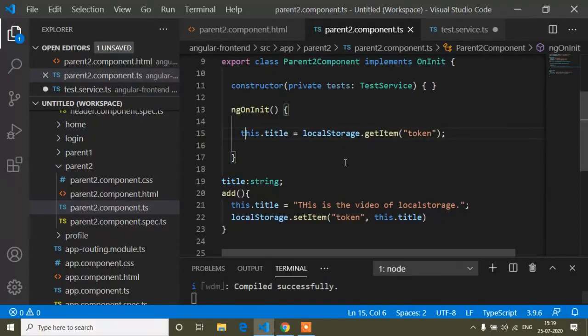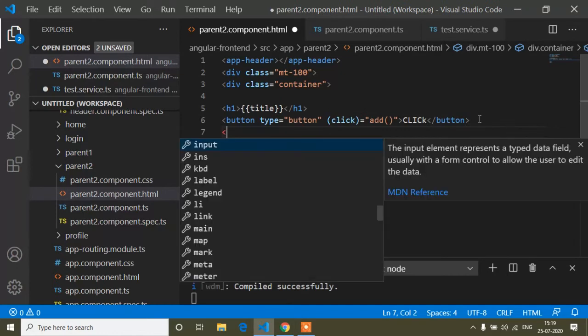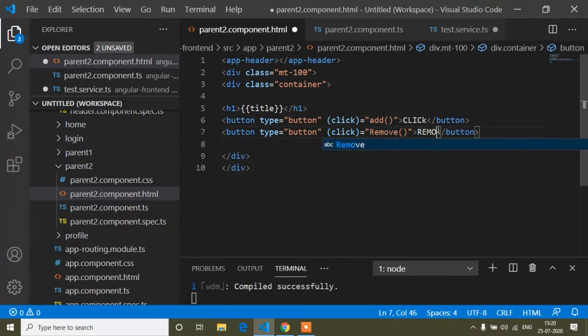And how do we remove local storage? Again I will create a button. Button type is button, and here I will write again a click function, and the function name is remove, and here I write set.